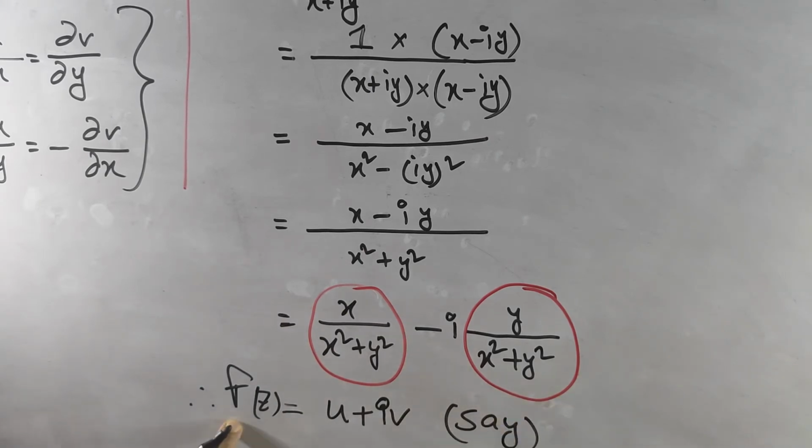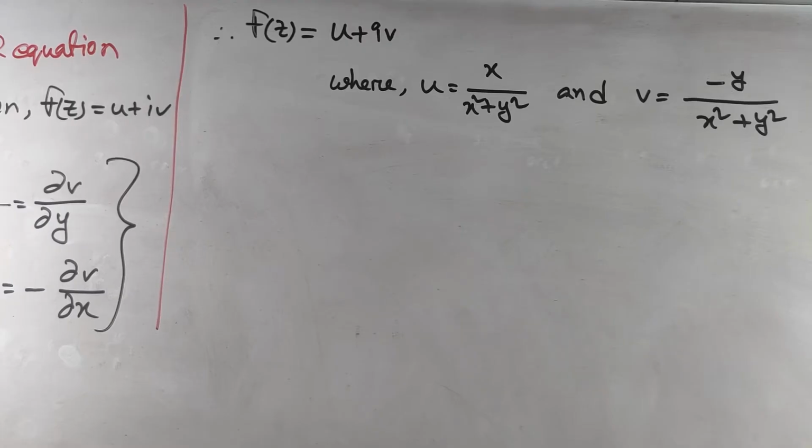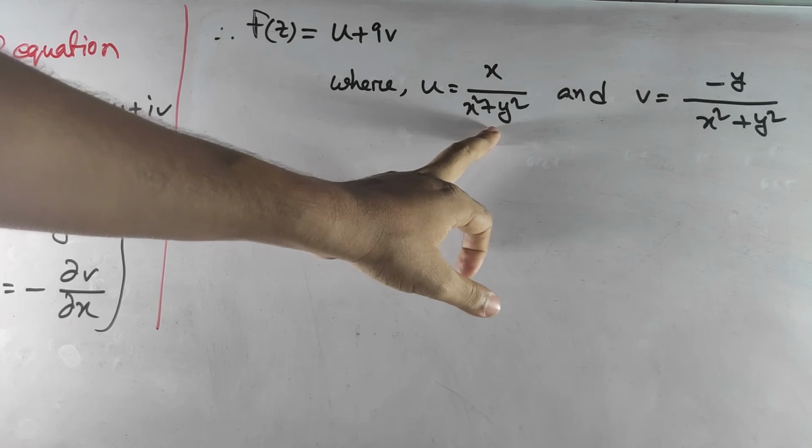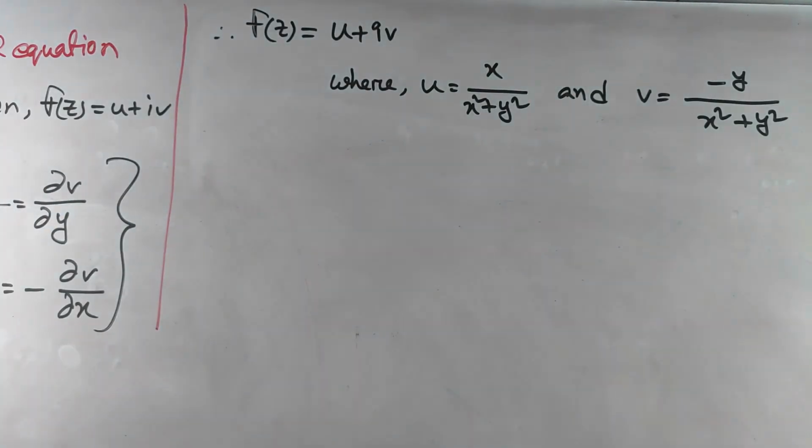That's why f(z) is now divided into two parts, where u is the real part and v is the imaginary part. So now if we use the CR equations here,